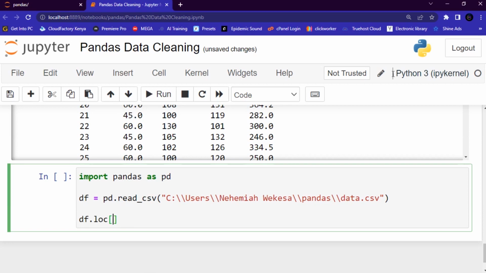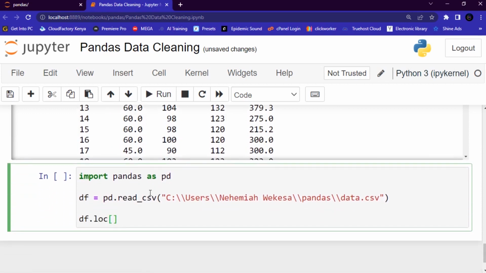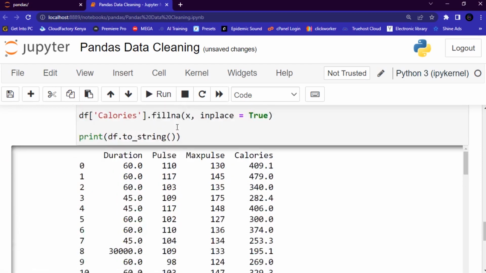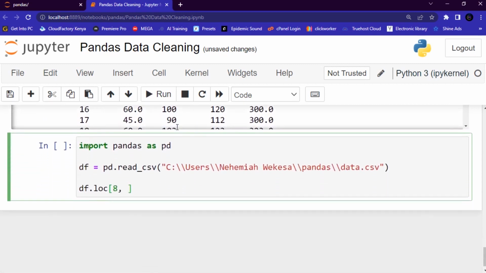We are targeting row 8, so 8 comma, then the duration column. It must be in string format, so it is "duration", and then let me assign it